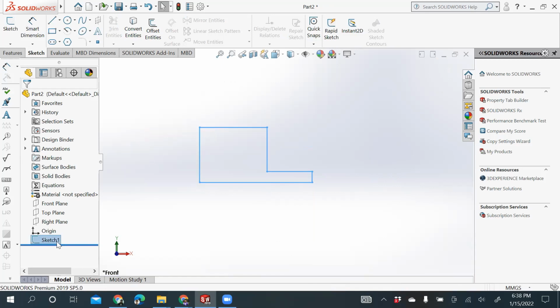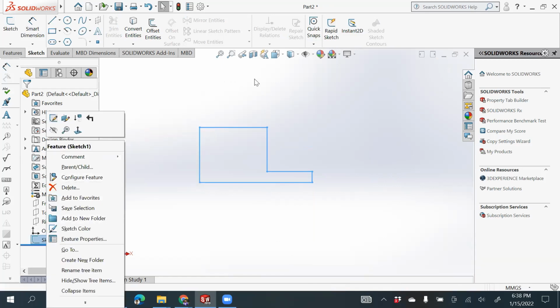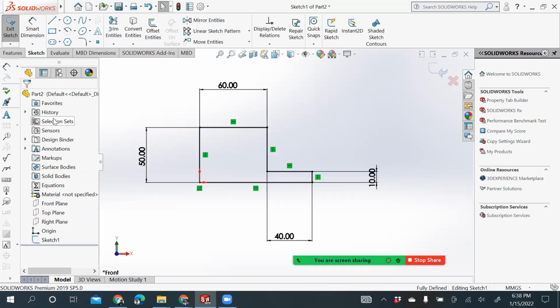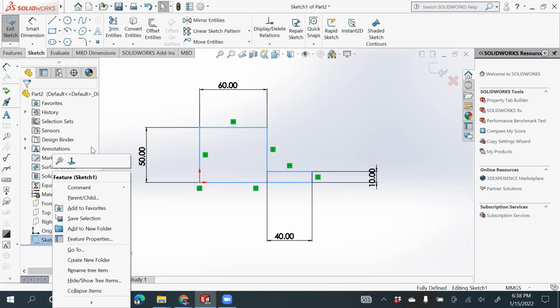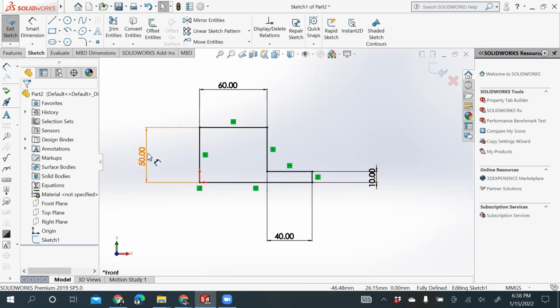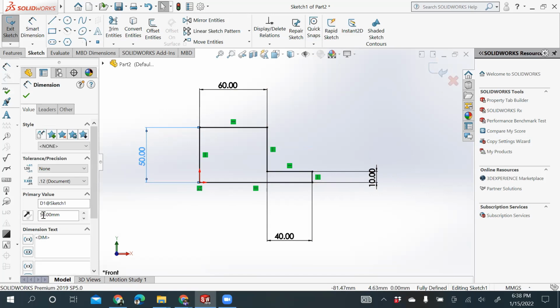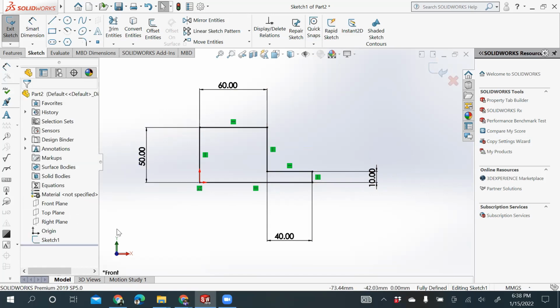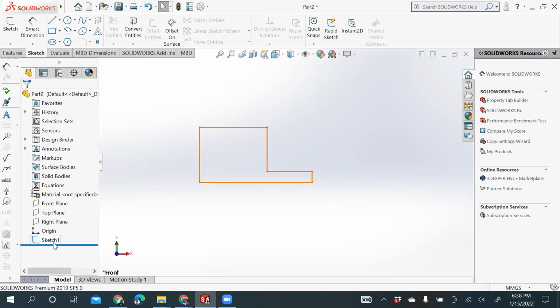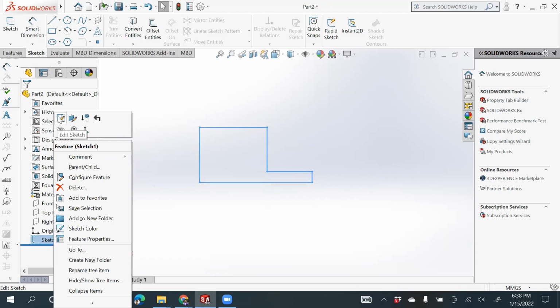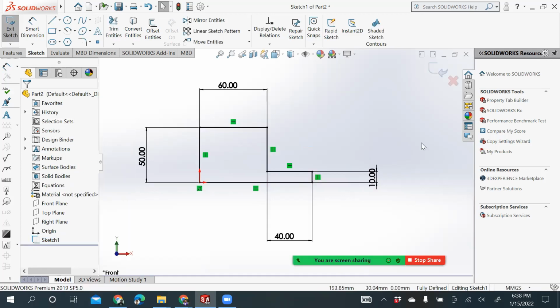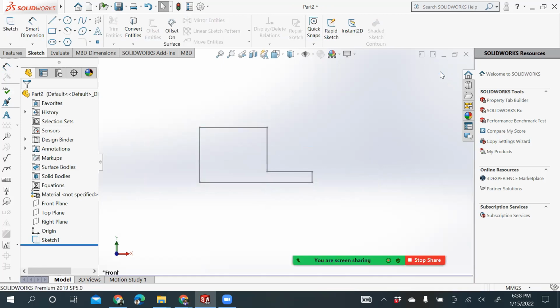Now see, you have this sketch with you, which is on the front plane. And you can now again edit this sketch. Right clicking on this sketch will give you an option to edit your sketch again, and clicking on any dimension, you can again edit that dimension value. Okay, now that you know that, you can again come back to your sketch module. Exiting sketch here, right clicking on that sketch from the left tree, going to edit sketch, and now you can edit your sketch again. You can edit the dimensions of your sketch again here. Now that everything is well done and sorted, we'll exit this sketch module. And yeah, the sketch part is done.